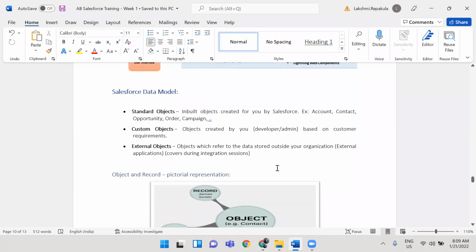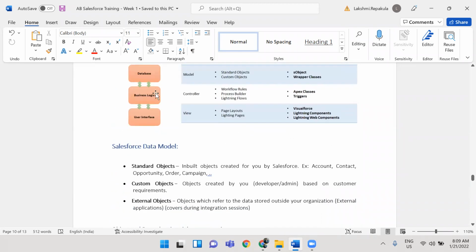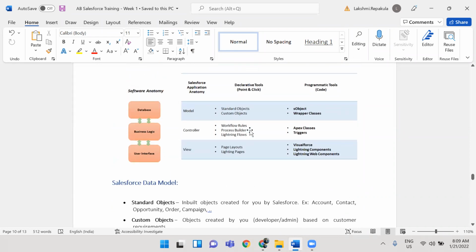Okay. And now let's jump into the real activities, what we are going to do from today onwards. We talked about a lot till now. The main important anatomy of the software is the database, right? We call it the model. In the model we talked about, we have objects out there. Objects in terms of, if you talk about any other